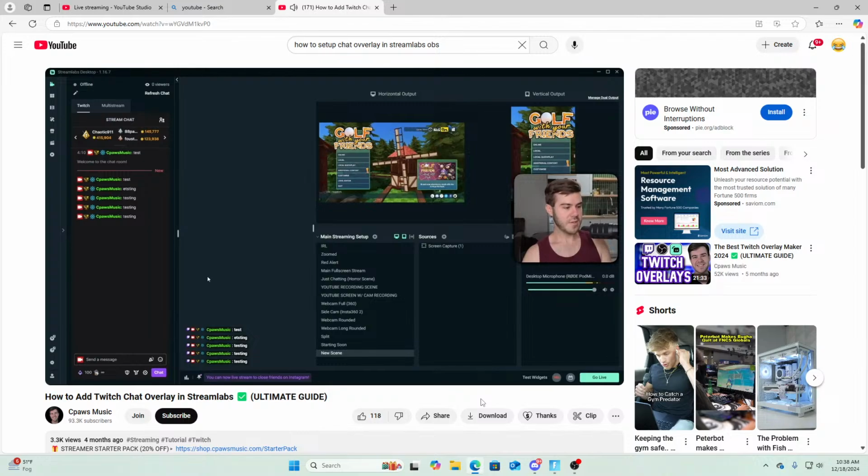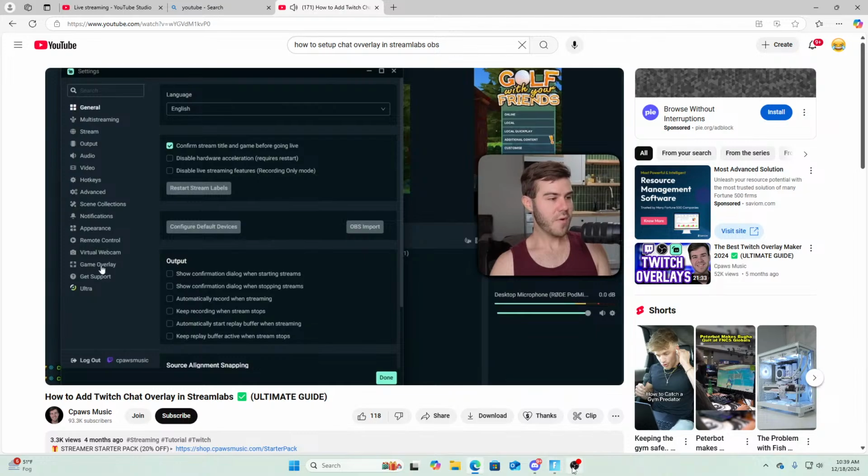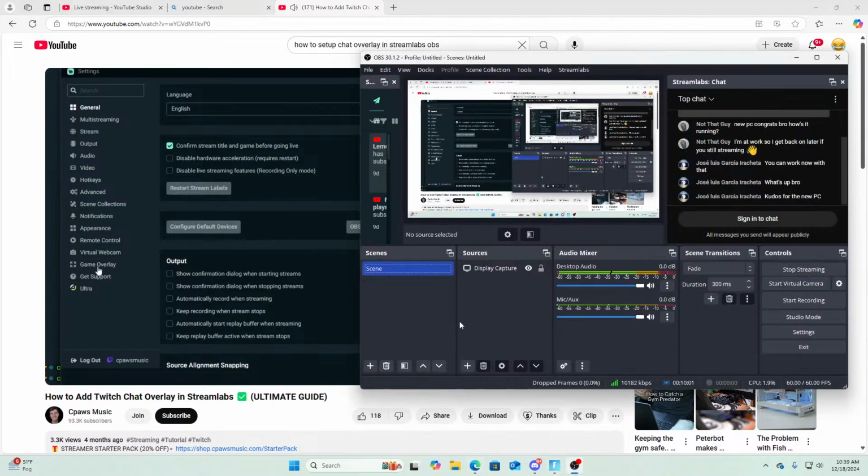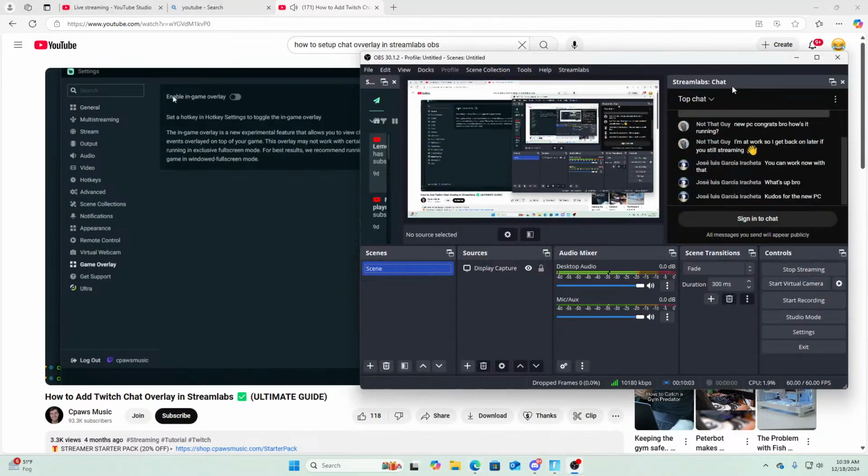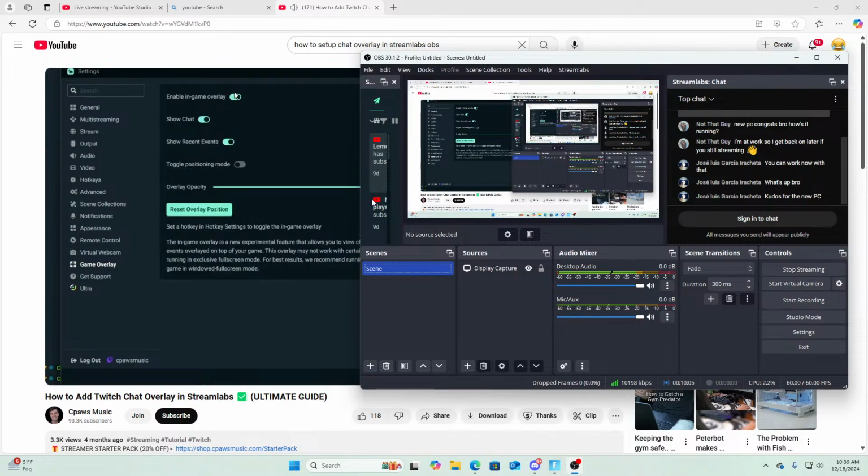So now what we need to do is go in the bottom left corner and hit this little cogwheel. And then we're going to go all the way down to where it says game overlay. So now we're going to choose enable in-game overlay. So we're going to click that. We're going to have show chat and